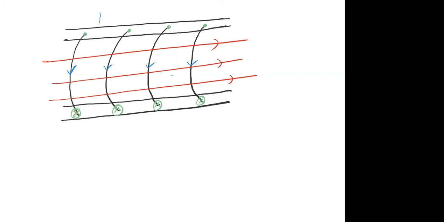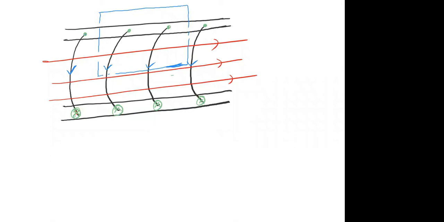What I will do to apply Ampere's law, first of all, I'll take a loop like this. Try to understand. Sir, why are you taking a loop like this? Can we apply Ampere's law for a loop which is not circular? Yes, of course, we can apply Ampere's law for a loop which is not circular, because I told you Ampere's law is valid for a loop of any shape.